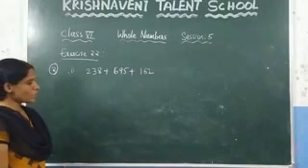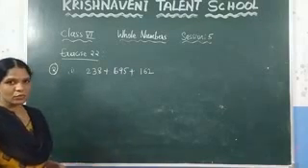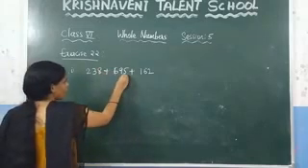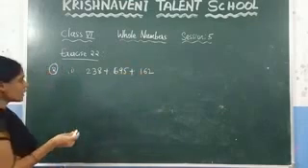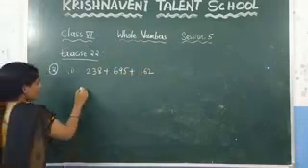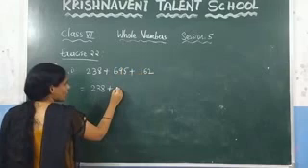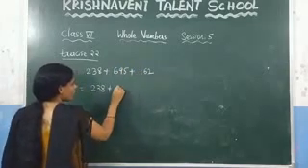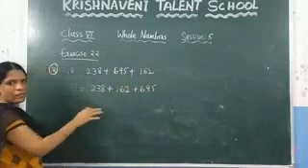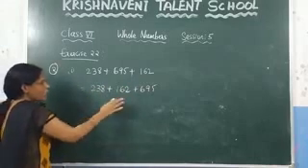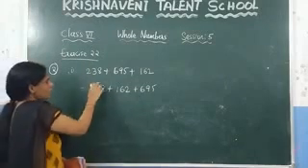Here you have to observe which numbers you need to add such that you get the ones digit as 0. You can observe that 8 plus 5 is not 0, right? But if you add 8 plus 2, you get 0. Then the calculation will become easier. So how can we rearrange this? 238. In place of 695 plus 162, we write 162 plus 695. We just changed the order. After adding these three in either order, we will get the same result. But for simpler calculation, we are rearranging it into this form.